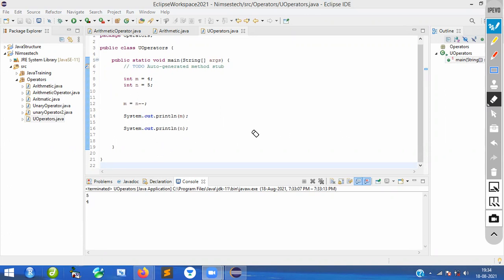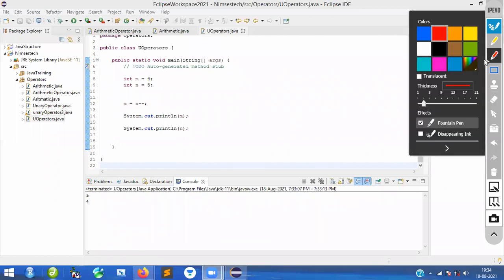No. How come it is both 4? You tell me, how come it is both 4, Naveen? So I told you the logic, right? See here, I told you the logic very clearly. What happens here? Basically, when it comes to why we are getting m value equal to 5, what is the current value of n? That is 5. So it will take the n value, that is 5. First it will assign that particular n value to m. That is the reason why you are getting m value equal to 5 here. Please understand, I am taking the value of 5. First you assign this value to m.